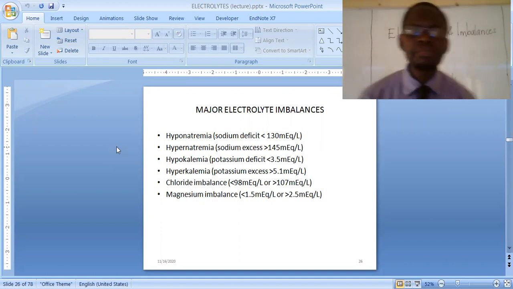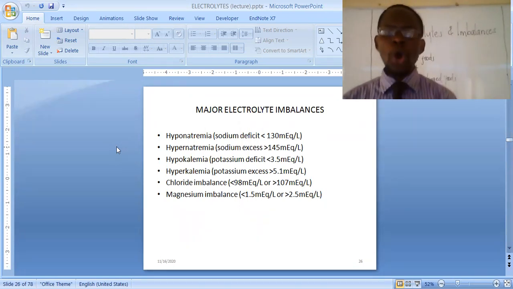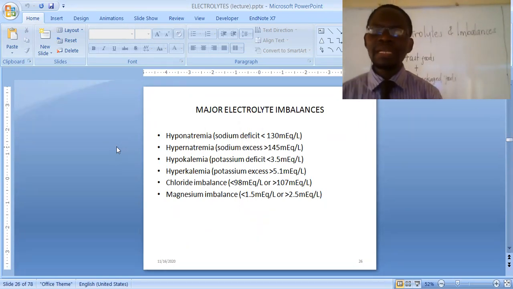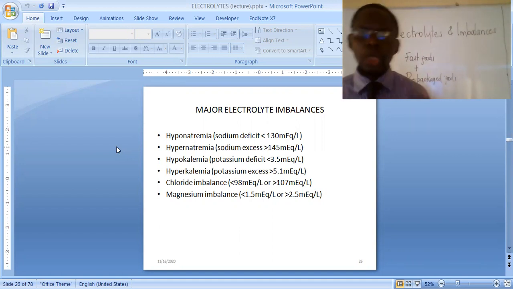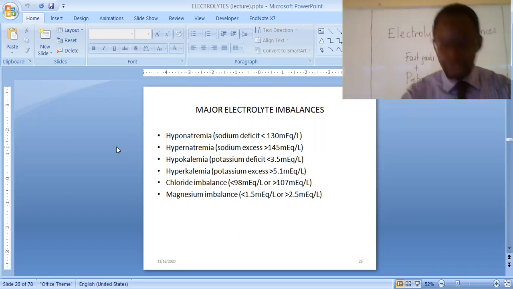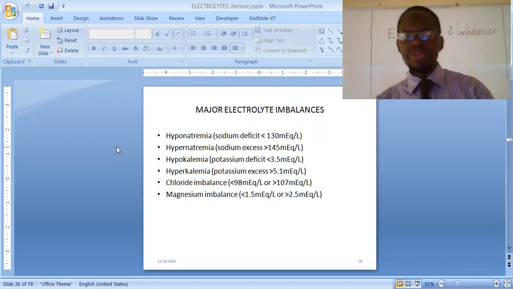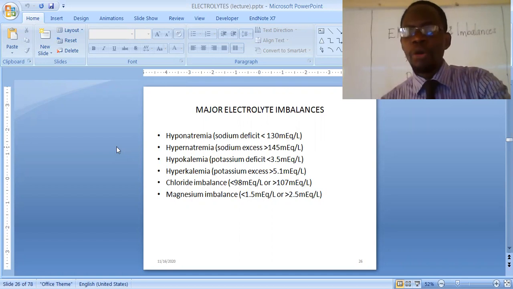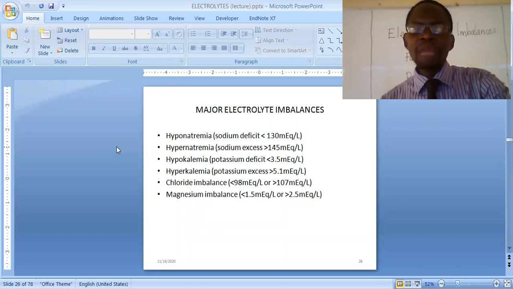So when we talk about hyponatremia, we basically mean low levels of sodium in the blood. Low levels of sodium in the blood is referred to as hyponatremia. Then the opposite of that is hypernatremia. Then we also have hypokalemia, low levels of potassium in the blood. And then the opposite of that is what we refer to as hyperkalemia. Then we also have hypochloremia